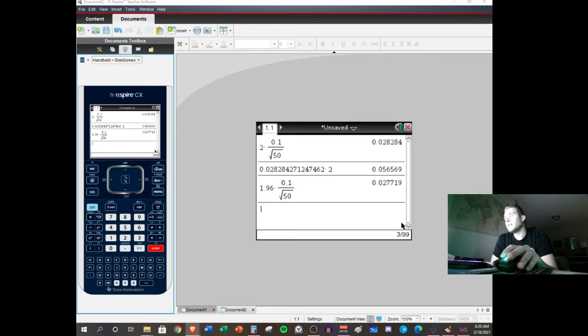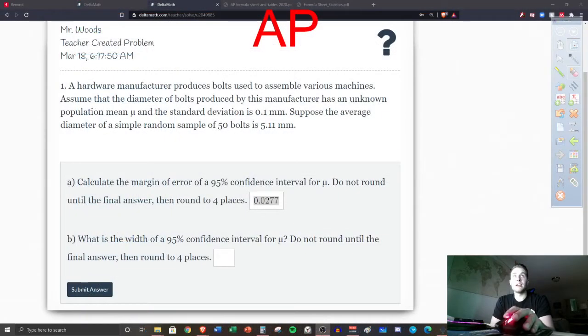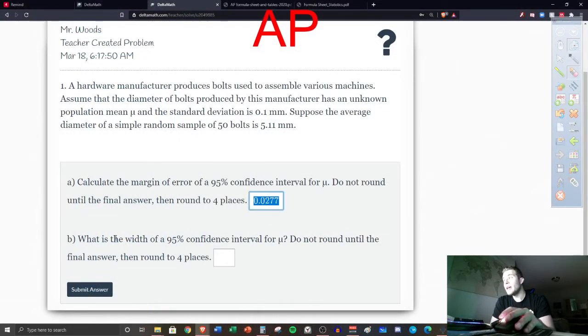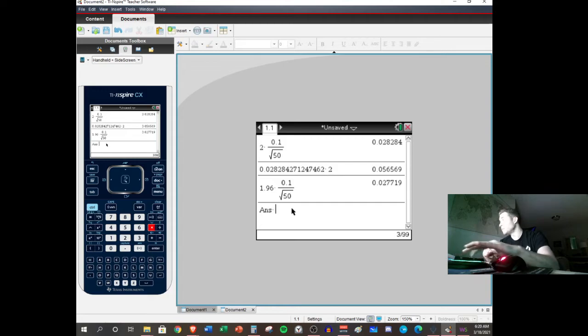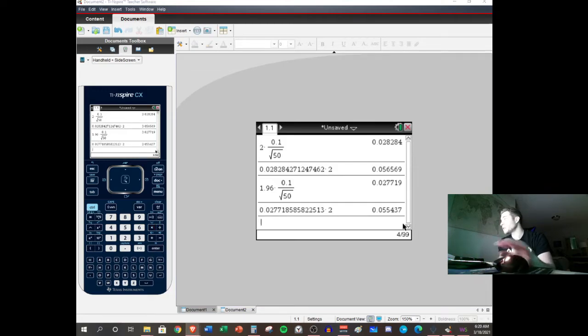So we talked about, if you skipped ahead to now, the width of your confidence interval is the distance from the point estimate when we add this value. Oh wait, I need to change screen. So here's what should be in here, right? Width is the distance from the lower to the upper boundary, which should be double this, right? Because we add to get up, we subtract to get down, combined, it's double this. So going back, we're going to multiply our answer by 2. This is what should go in there,